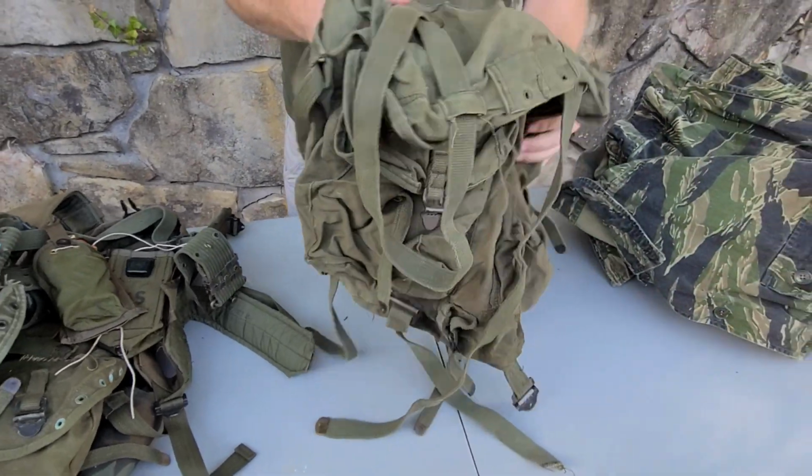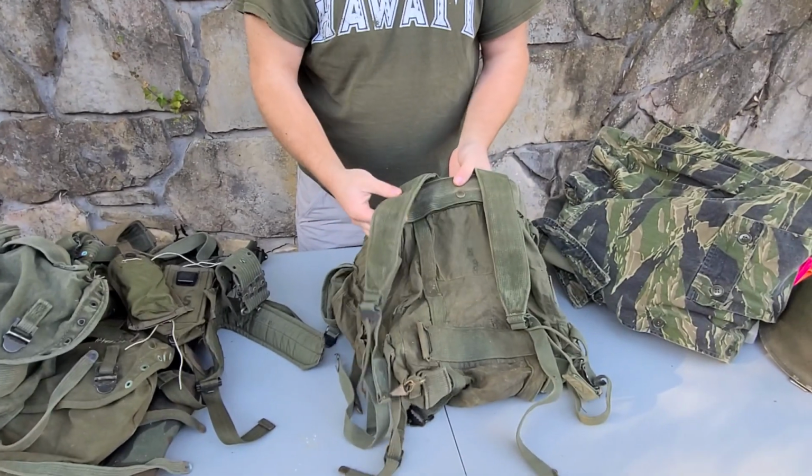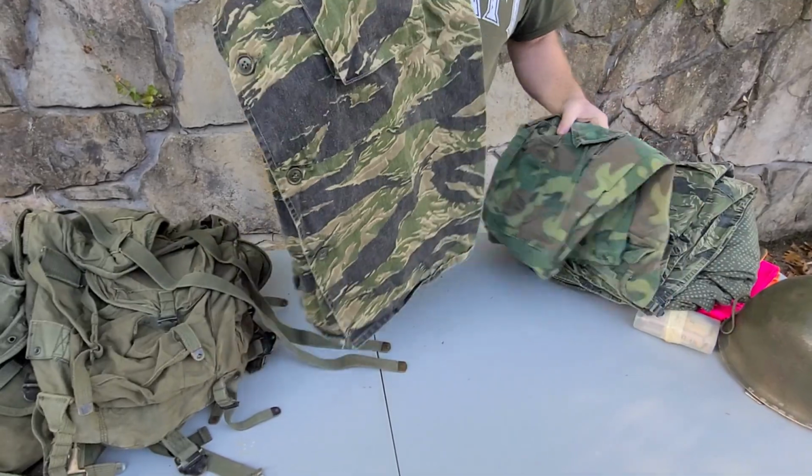We've got another ARVN rucksack. This one here is missing the X-frame that would go on. I've got a set of,